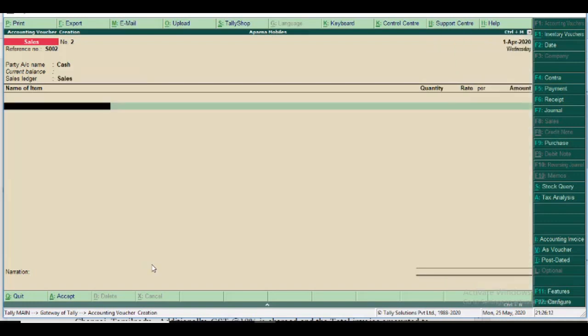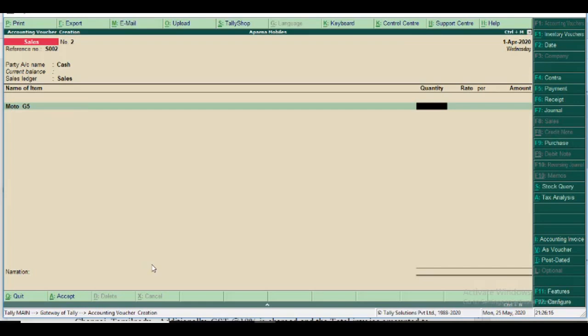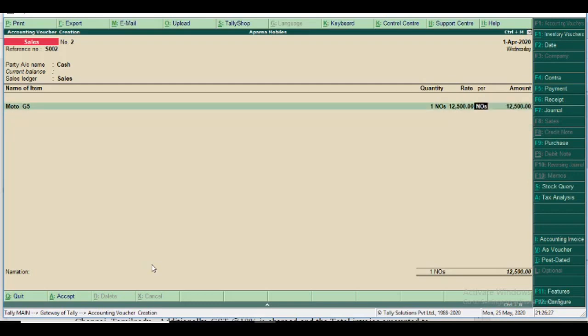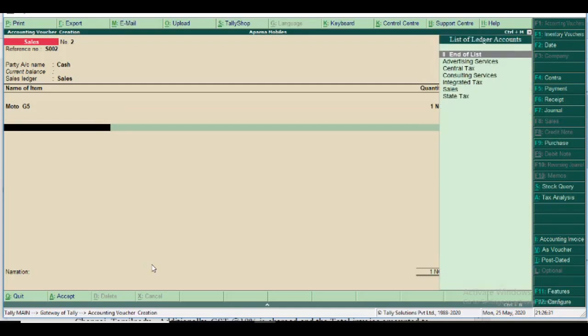Name of the item as Moto. The quantity 1. Amount is not 12,000, it's 12,500. So I modified it to 12,500. I leave it blank and I move to the ledger column.